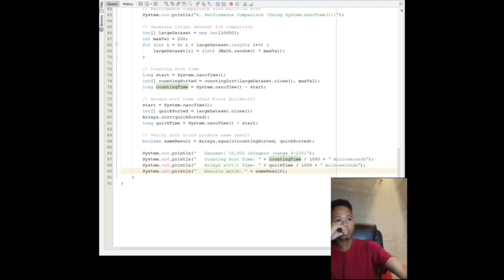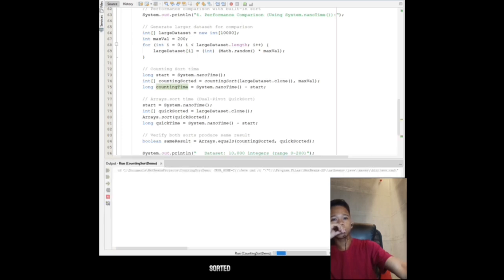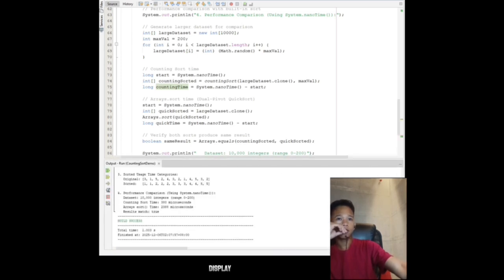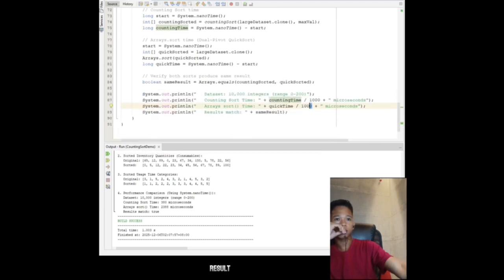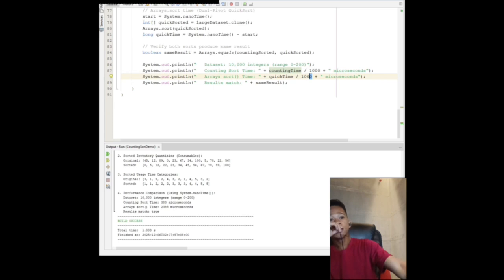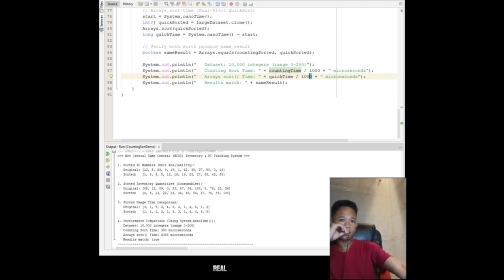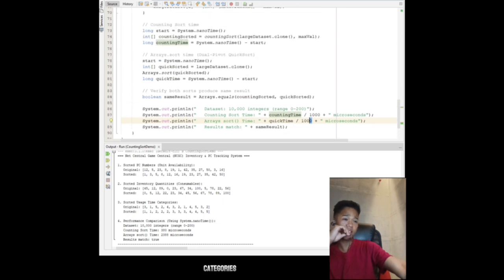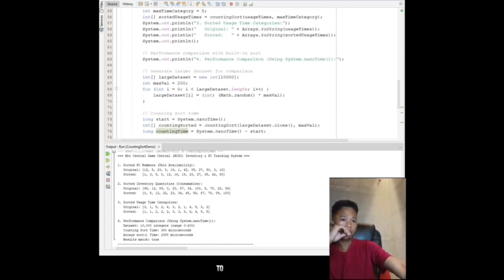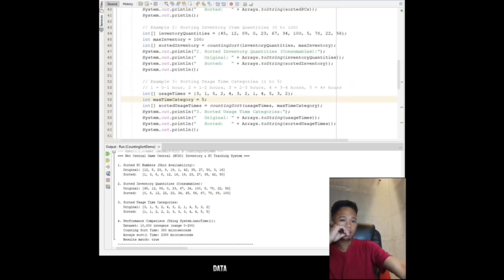Here, counting sort time is divided by 1000. This also shows how counting sort compares to Java's built-in sorting method for a large data set.